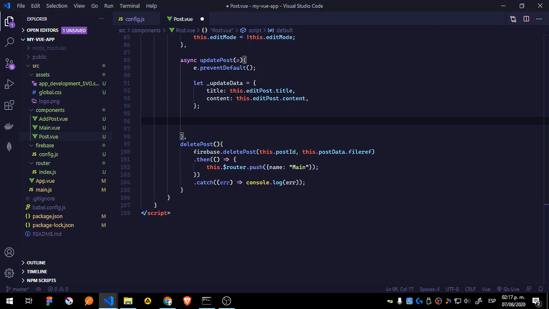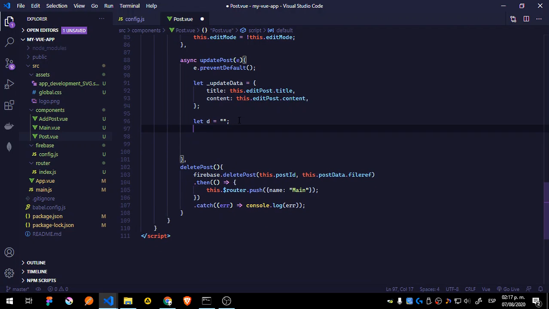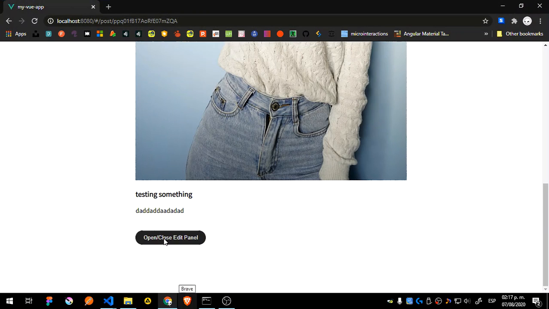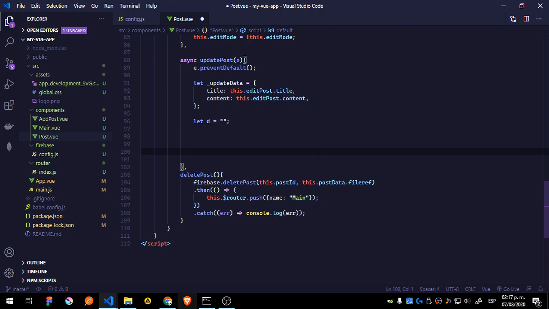We're going to do kind of the same. Let's define a new variable d, which is going to be empty, just so ESLint doesn't complain. What is going to happen here? We have two options. One, the user selects a file, and the other one, the user doesn't select a file to update. So we need to handle those two options. So in this case, we're going to say if, let's type it,